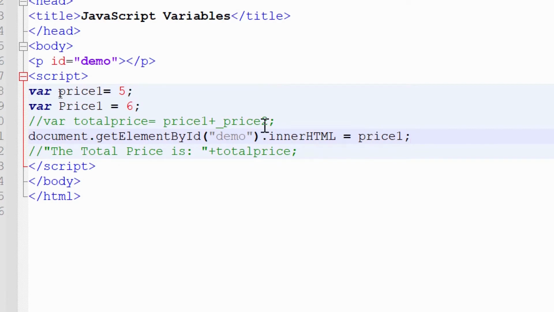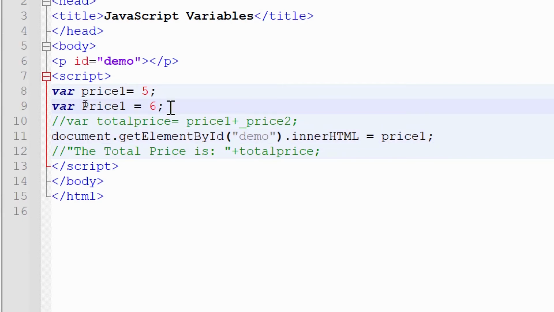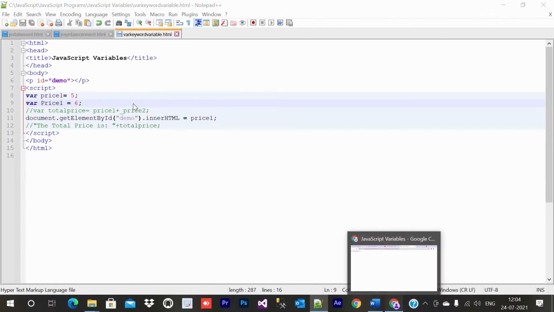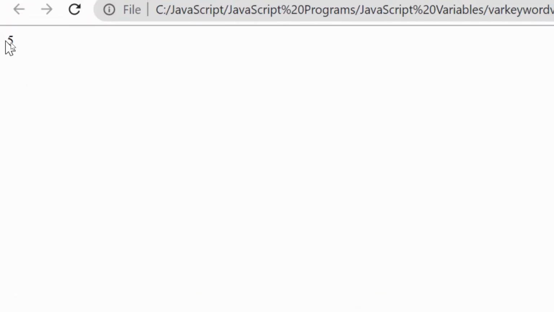This is small p, this is small p, so 5 will be displayed in the browser. So what is coming? 5. As you can see, 5 is coming. Why? Because this is small price1.